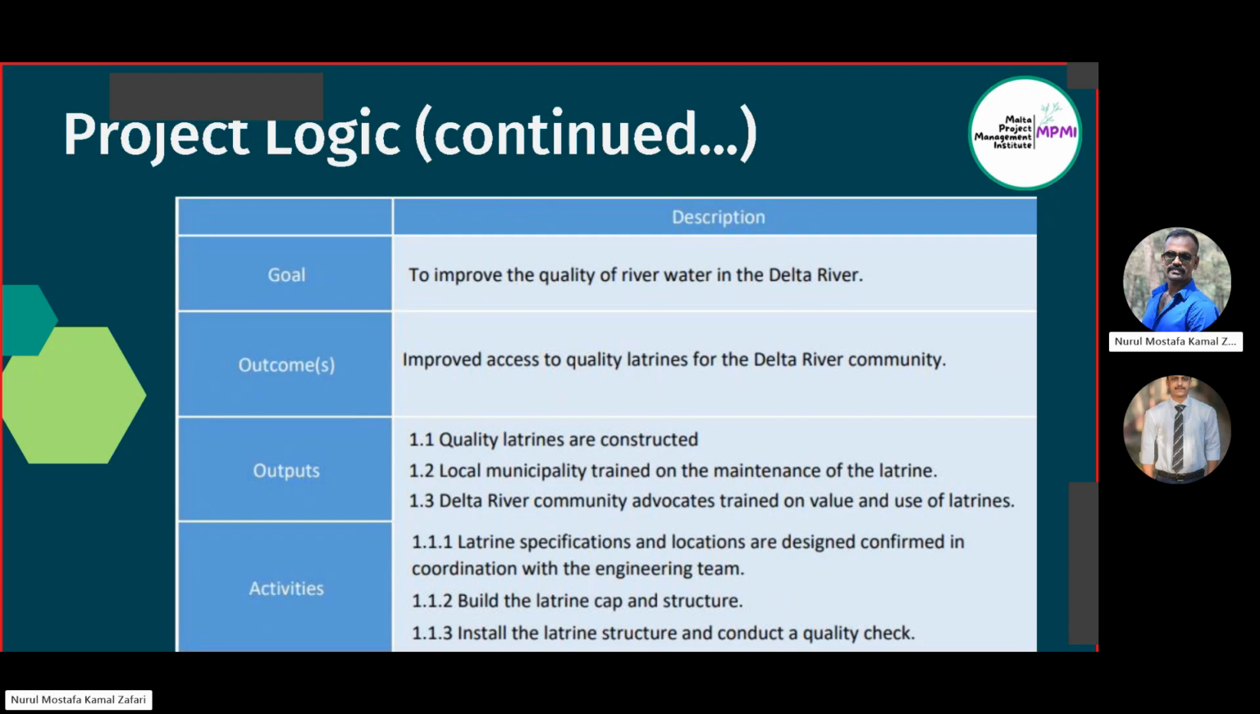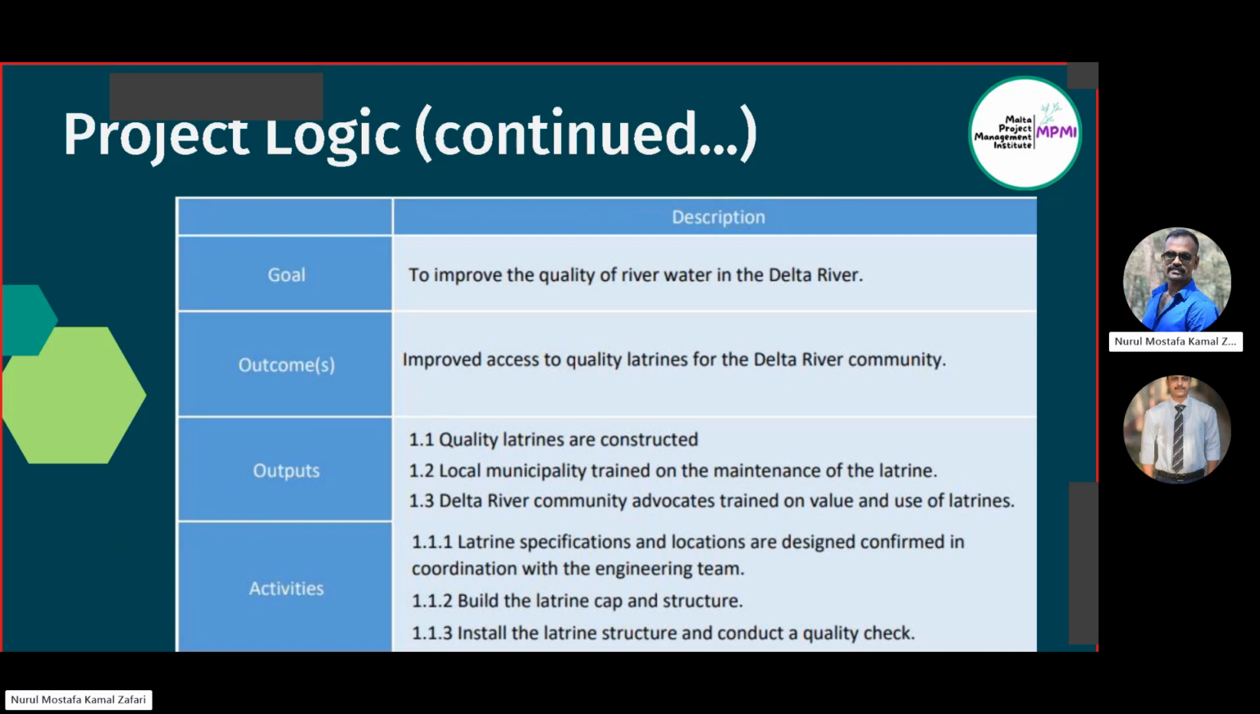Suppose we take some activity, and we have some output, we have an outcome and we have a goal. Suppose our goal is to improve the water quality of the Delta River. Now we set an outcome. The outcome is improved access to quality latrines for the Delta River community. To